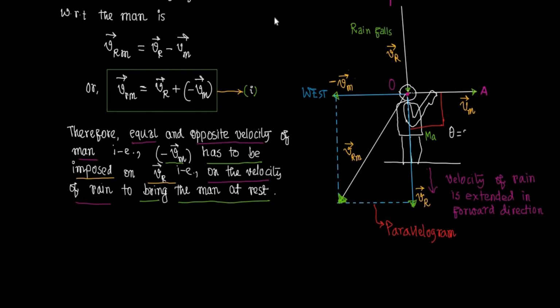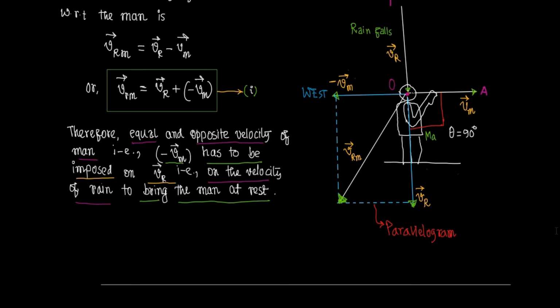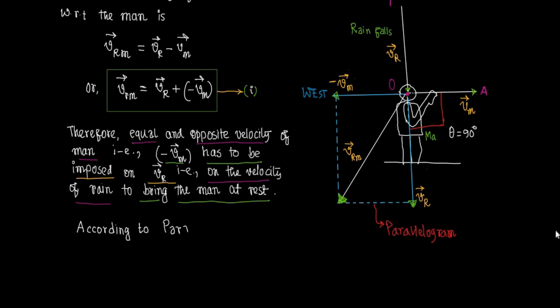The angle between vector Vm and vector Vr is theta, which is equal to 90 degrees. Now we can represent the angle between vector Vr and minus vector Vm. That should be 180 degrees minus theta. According to the parallelogram law of vector addition,